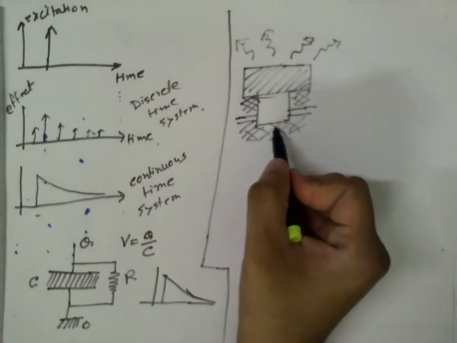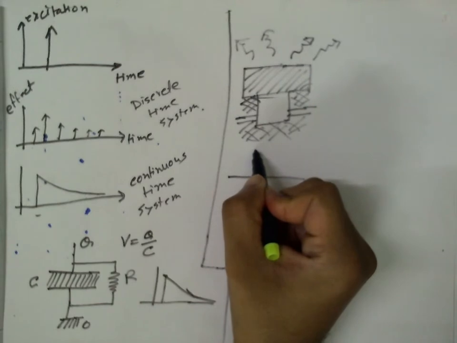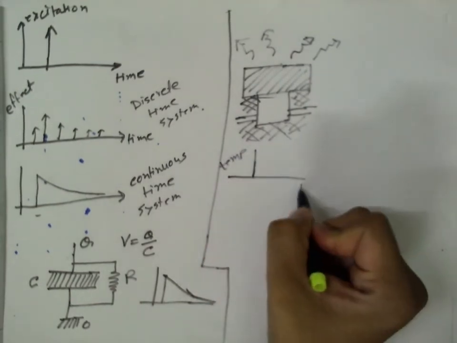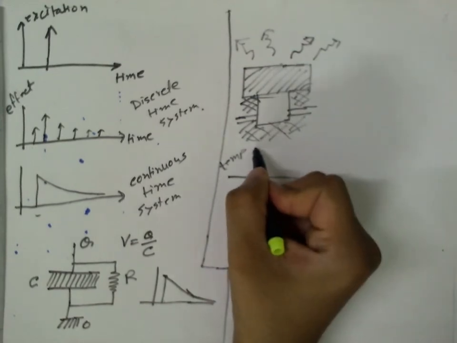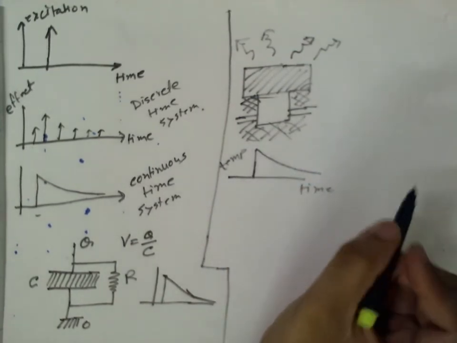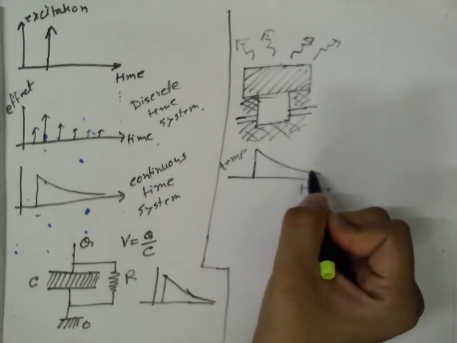So again, when the reaction happens, that's the cause. If the cause occurs at this instant, this is the temperature versus time: temperature goes up and then goes down slowly. Once again, we can think of this as being the impulse response,